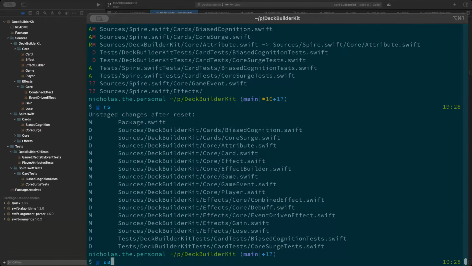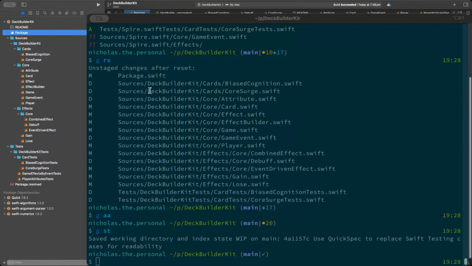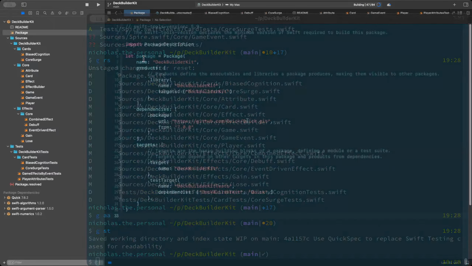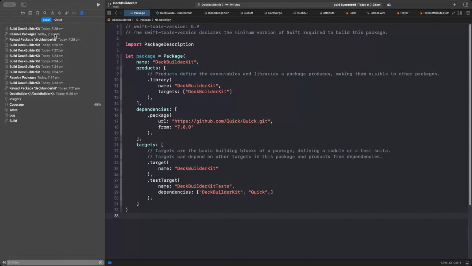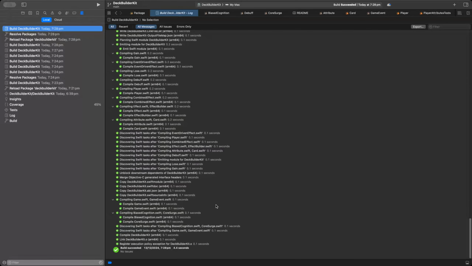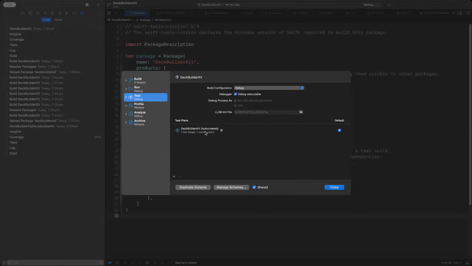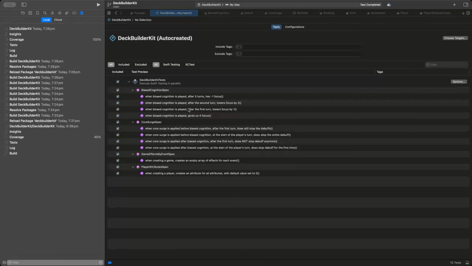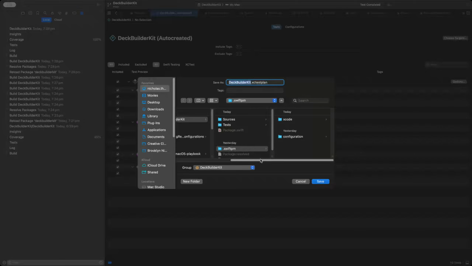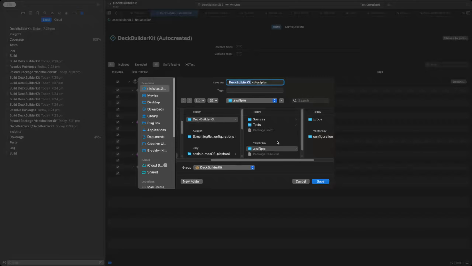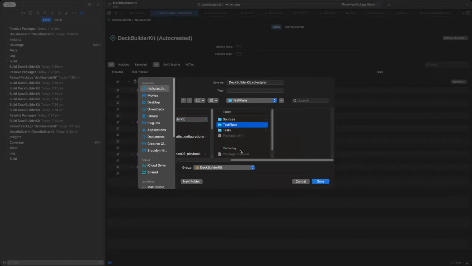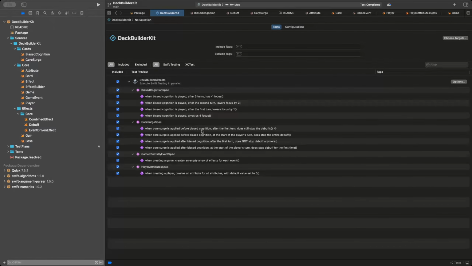All right, before I do that, let's try to figure this out. If I add everything and if I stash them, right, this will go back, and if I try to build, try to run the tests, it does know how to run the test. And we do see there's one test target. Sure. Oh. And where should I save the test plan? How about we have a new folder here called test plans. All right,